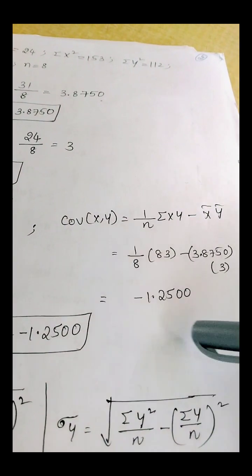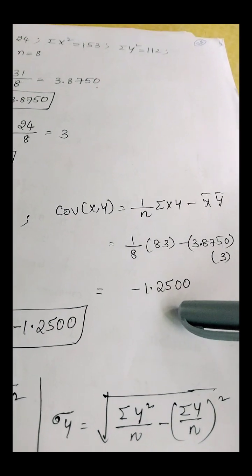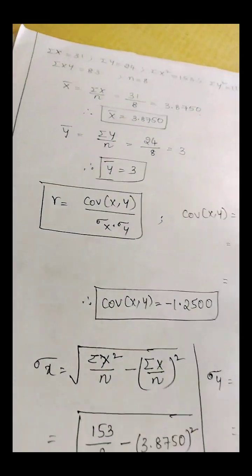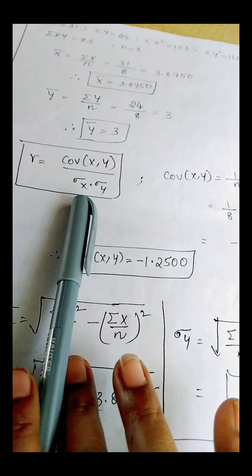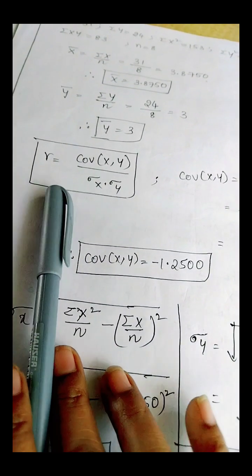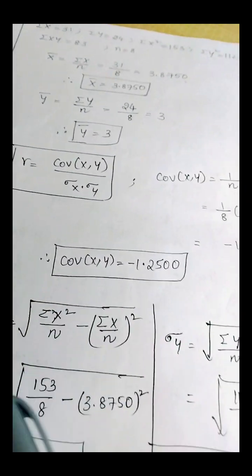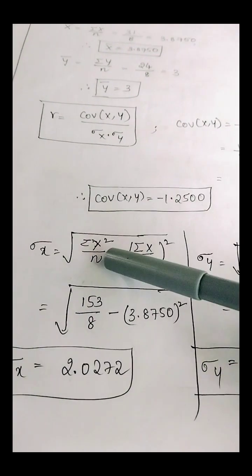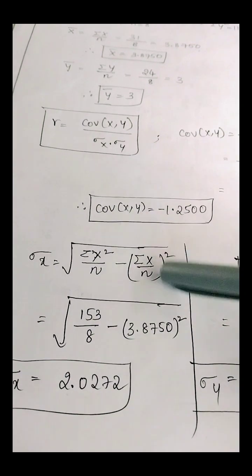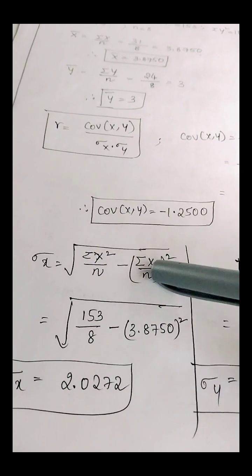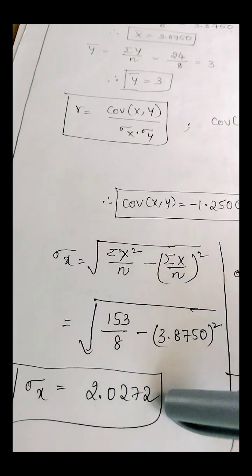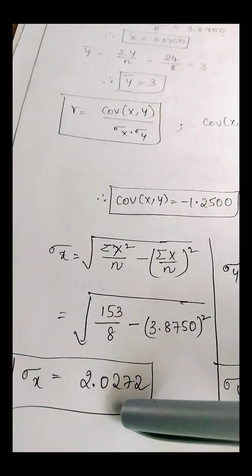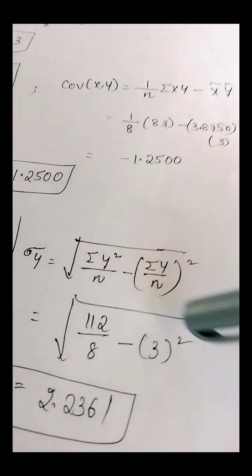You will get covariance of x comma y as minus 1.2500. Now we are going to substitute the value of covariance of x comma y, sigma x and sigma y to find out the value of small r. What is the formula for sigma x? Sigma x is nothing but under root summation x square by n minus summation x by n whole square. Instead of writing summation x by n, we can write x bar whole square. By doing this, we got the value of sigma x as 2.0272 and sigma y as